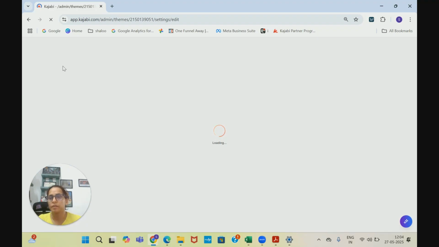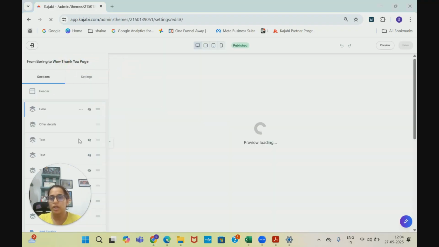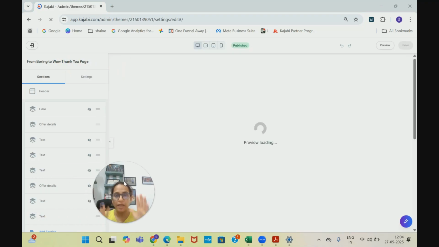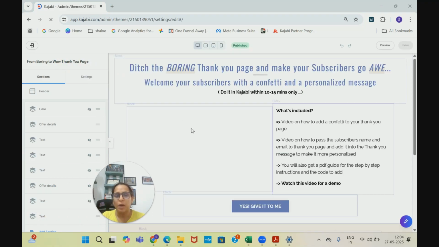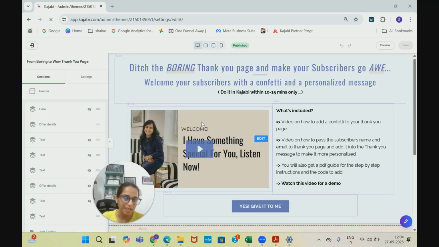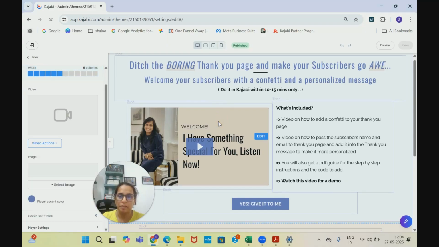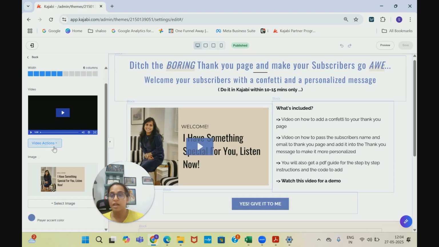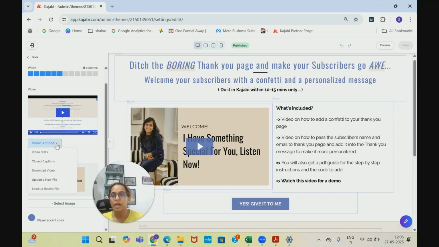and then I'll click into the page so that I can go into the edit mode. So once I'm inside the page, I will simply click on the video for which I want to view the stats. It's very simple. So you click on the left side of the navigation bar, it will show you the video and various options. So under the video, you see there is an option called video actions. You have to click on the drop down and then select video stats. Click on it